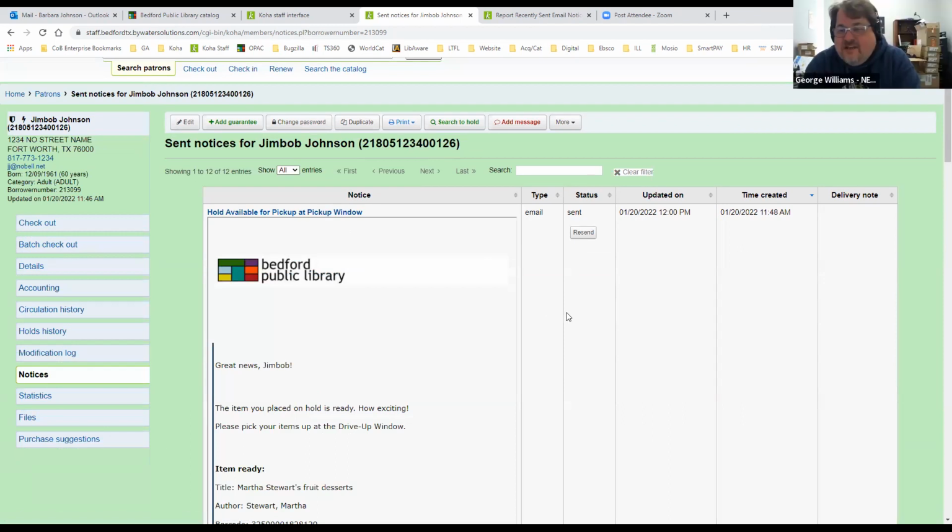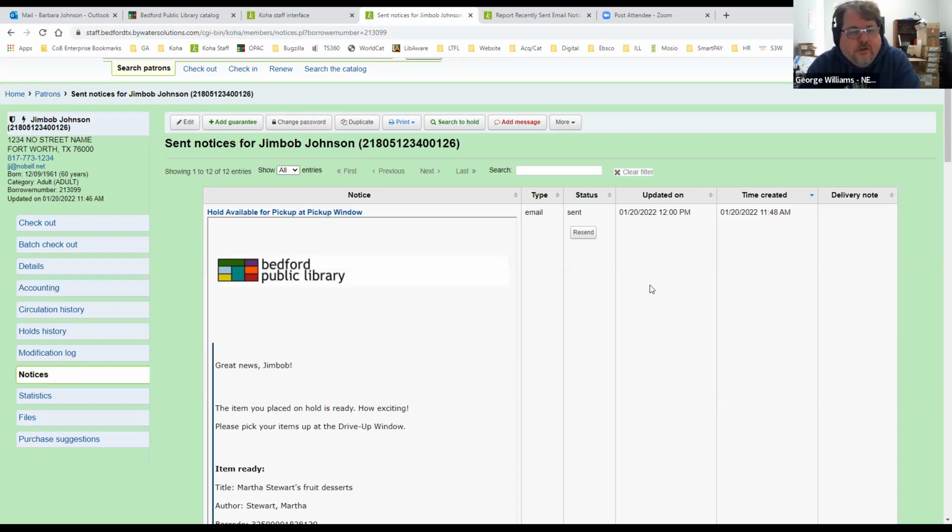Yeah. I guess the advantage I see to having it laid out in the table like this is if you pop open all those windows and you're searching for something in particular, like I've got patrons that'll have 200 notices. If you pop open 10 of them and then do a Firefox Control F search, you can find things that way and you would lose that ability if you had to open each one in a separate modal. We have a lot of patrons with a lot of stuff checked out and a lot of notices, so that would be a problem,